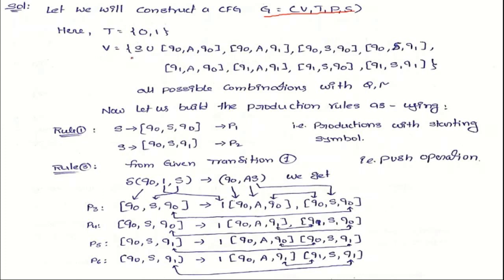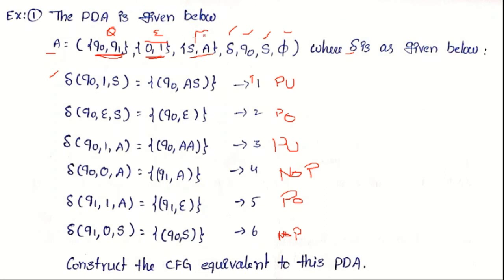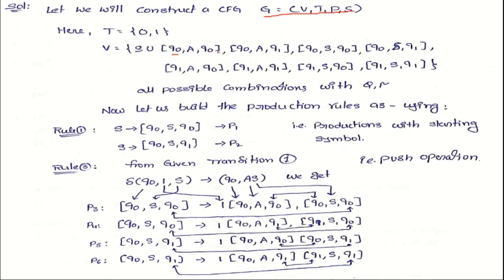So here S union the states Q0, Q1. That's why we assume the current state is Q0 and the top of the stack is one of the stack alphabets, S, A. So that's why we consider these combinations. In one rule we can write S as the top of the stack, in another rule we can write A as the top of the stack. In this manner, all possible combinations, that means there are two states and two stack symbols. That's why for each state the possible combinations is 4.